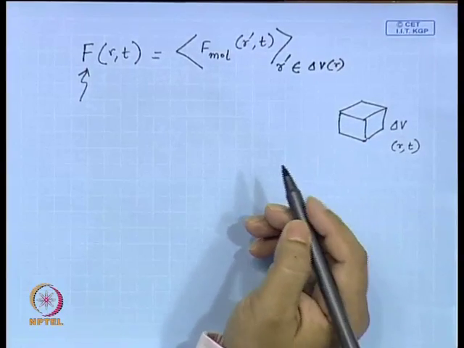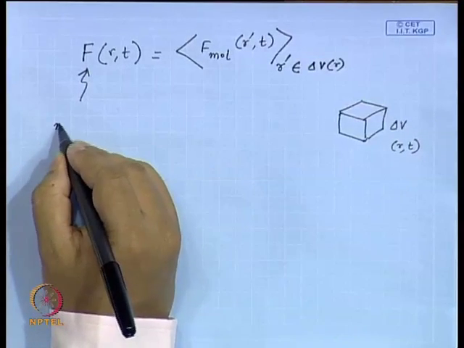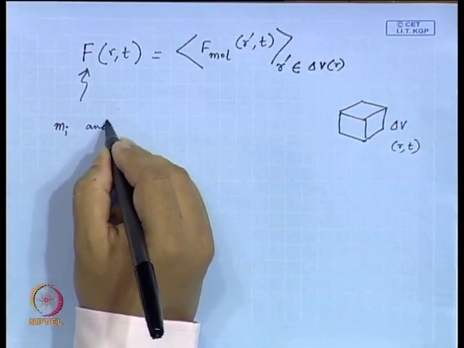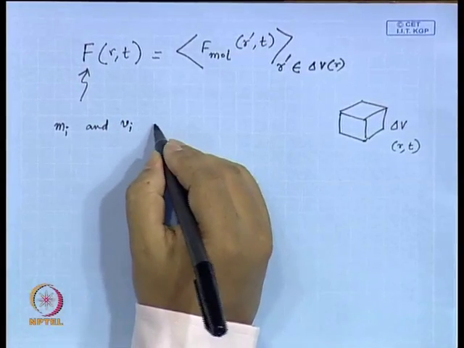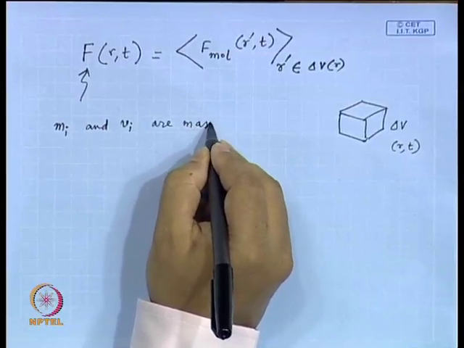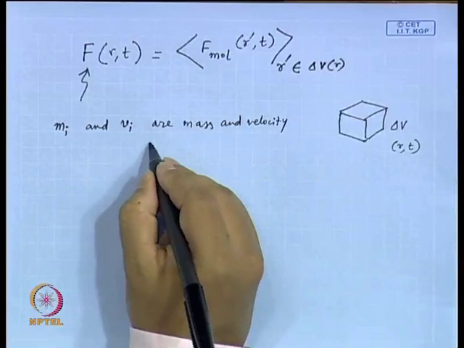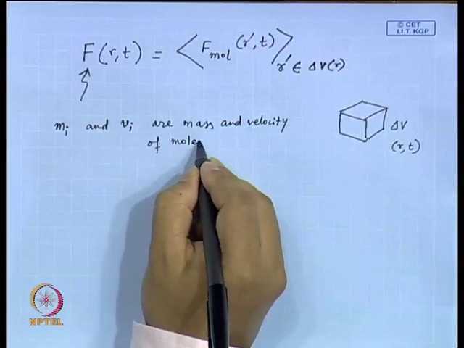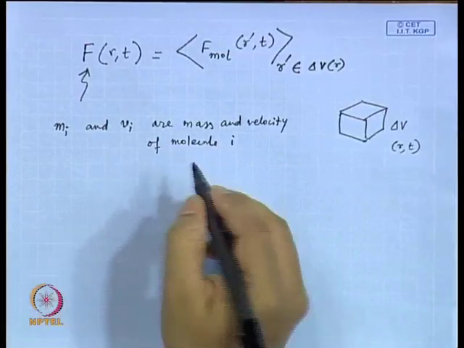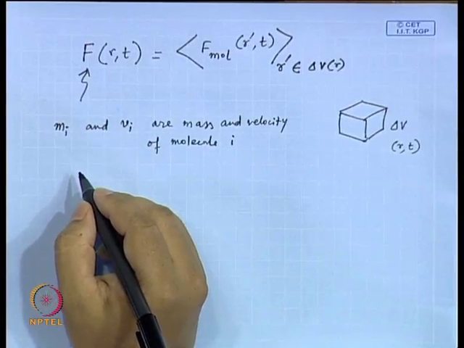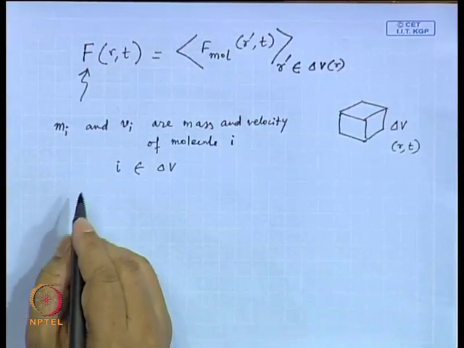All right. So, if m i and v i are the mass and velocity of molecule i, and if i belongs to delta V,